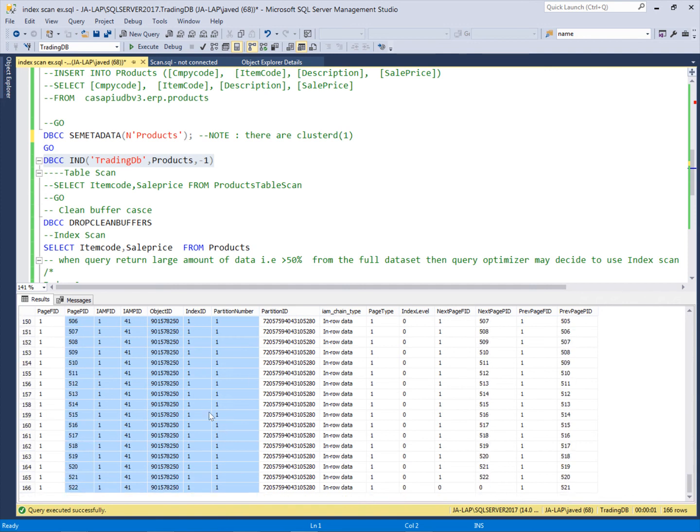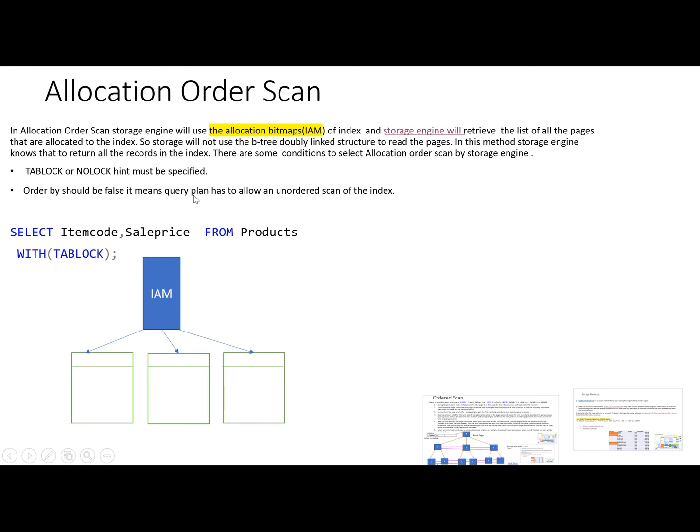So when we pass the query to the query processor and the storage engine uses the allocation order scan method, it will read all the pages from this allocation bitmap into memory, and it will be very fast.